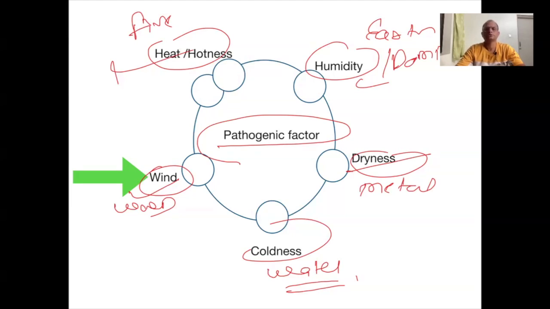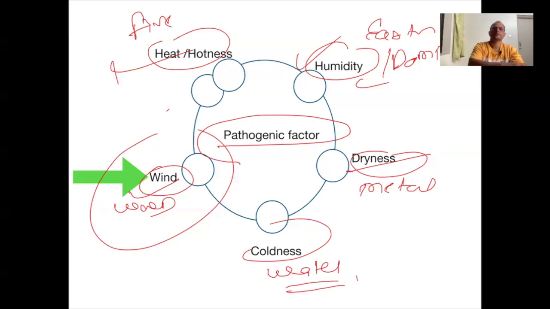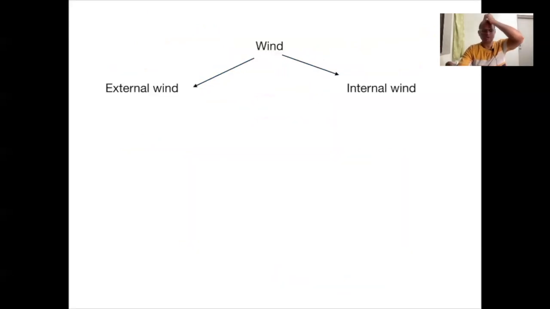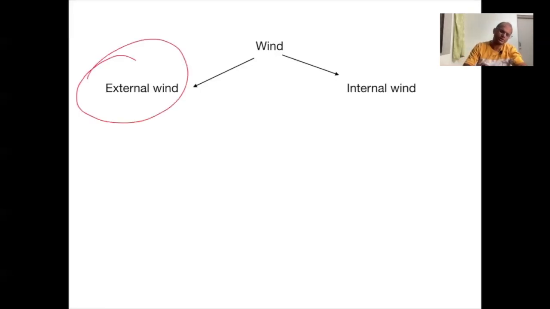So these pathogenic factors are creating lots of disease. The list of the disease which is created by the dampness, dryness, and coldness. But right now we are talking about the stroke. So let's focus first on wind, right? पहले हम wind पर focus करते. So when we talk about the wind, we can divide the wind in two parts: external wind and the internal wind. एक्सटर्नल विंड का मतलब है कि बाहर हवा चल रही है,